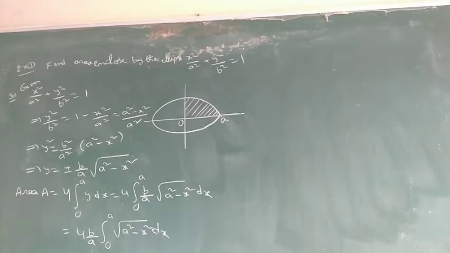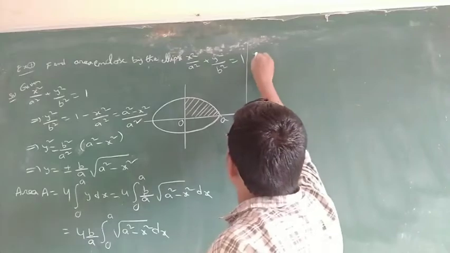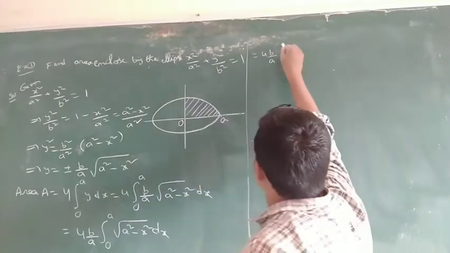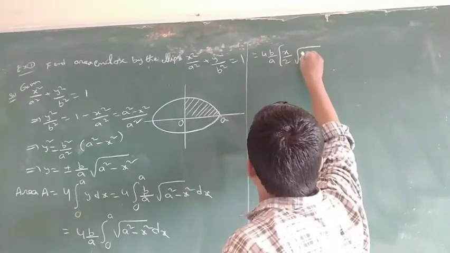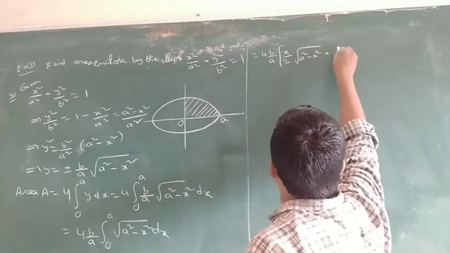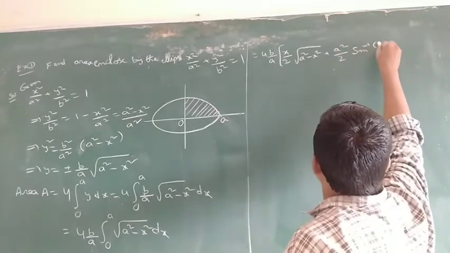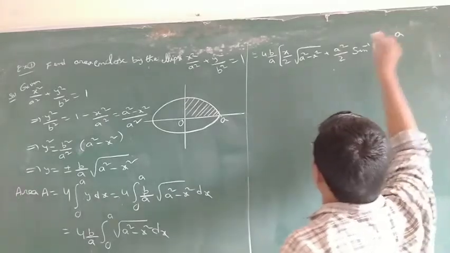So the direct formula, what is the formula? That is equal to 4 into b by a into x by 2 into root of a square minus x square plus a square by 2 into sin inverse x by a,